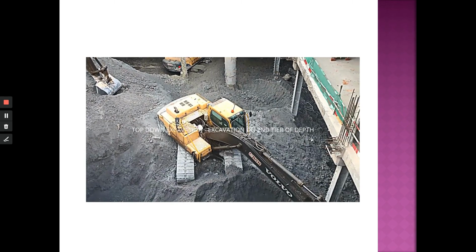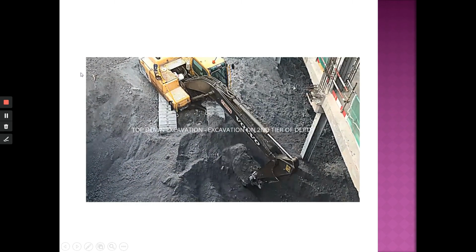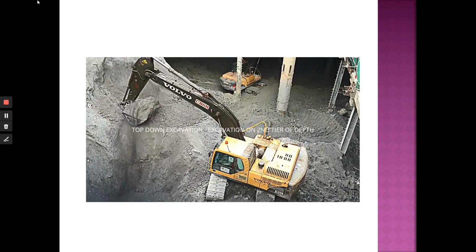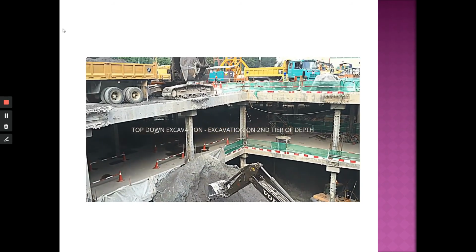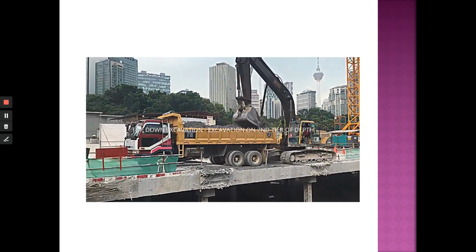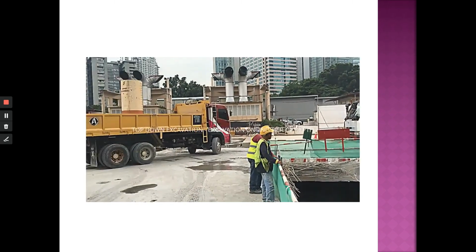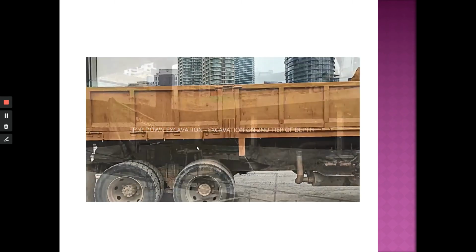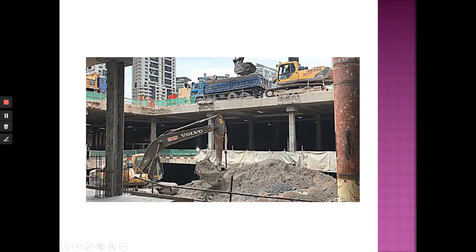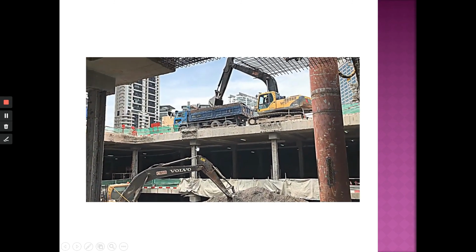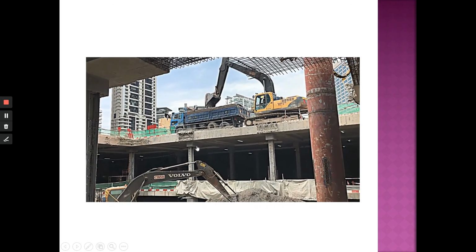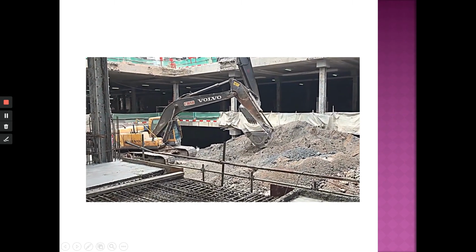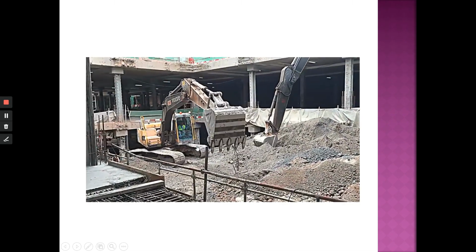So this is like a longer arm of an excavator, so it can reach. This one can excavate from the top and put it in the truck. Just like a team of ants, isn't it? Like ants. See how they work, friends helping each other.